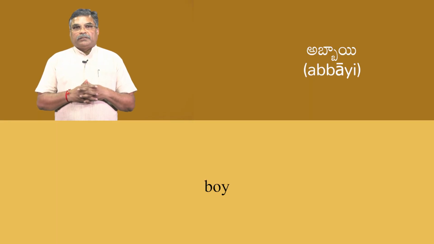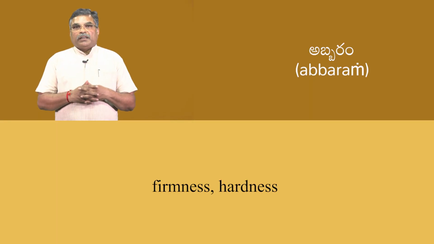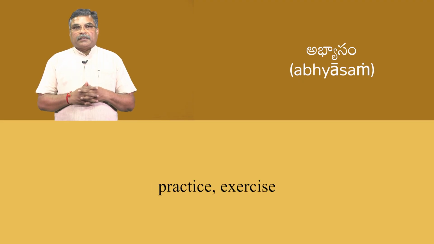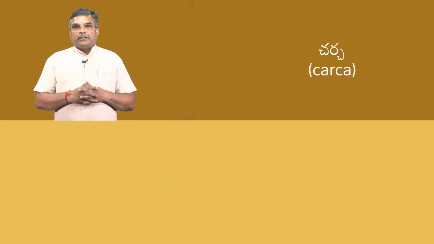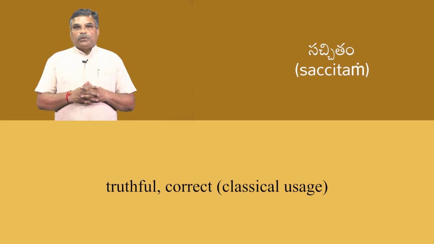We also see gemination or consonant doubling. This is used to emphasize a sound or create a rhythmic effect. Notice how the secondary consonant joins the base letter while maintaining alignment. Examples include Abbai, boy, Abbaramu, firmness or hardness, Abhyasamu, practice or exercise, Durbhashanamu, harsh speech, Charcha, discussion, Sachitam, truthful or